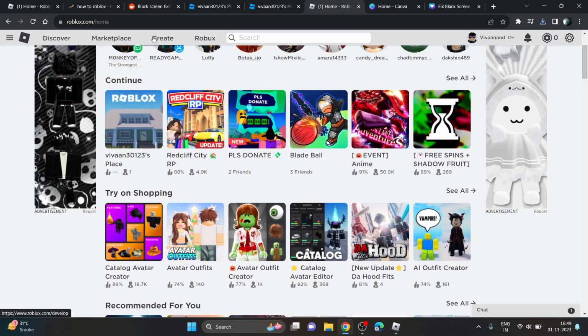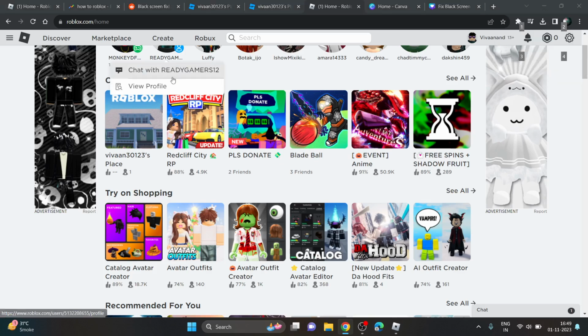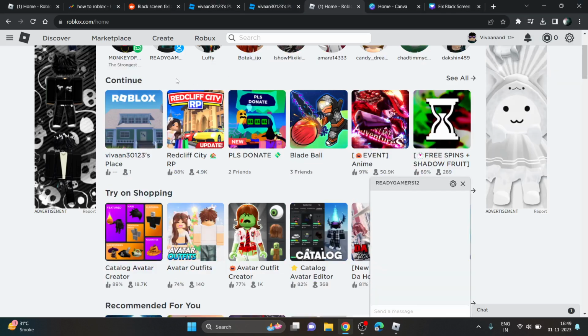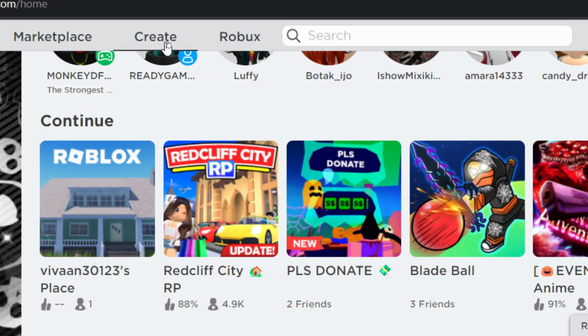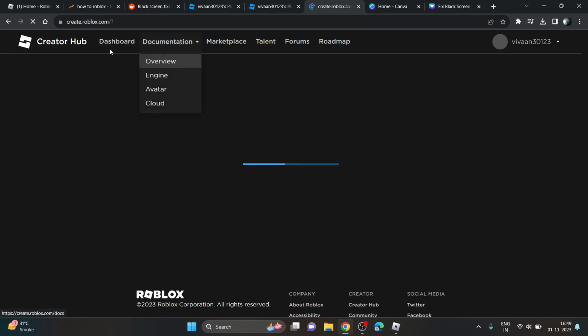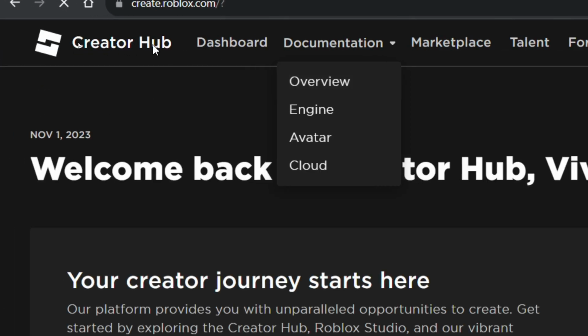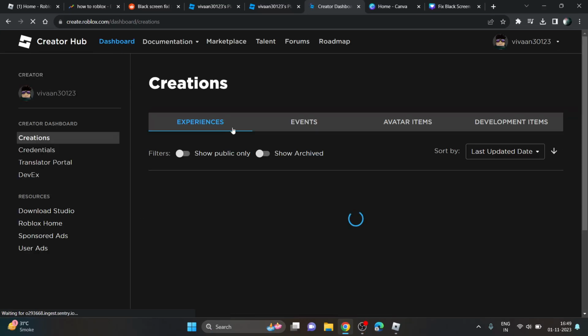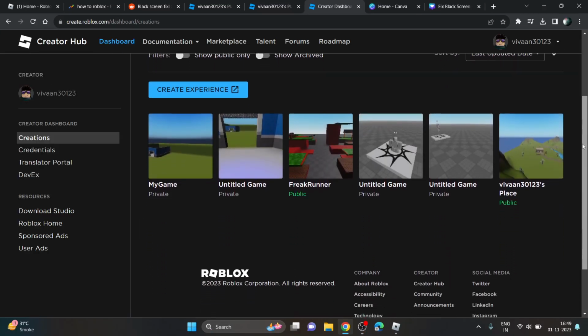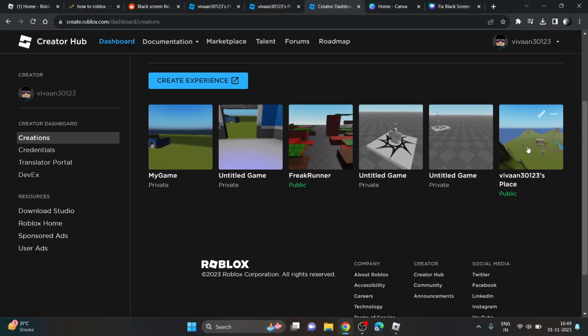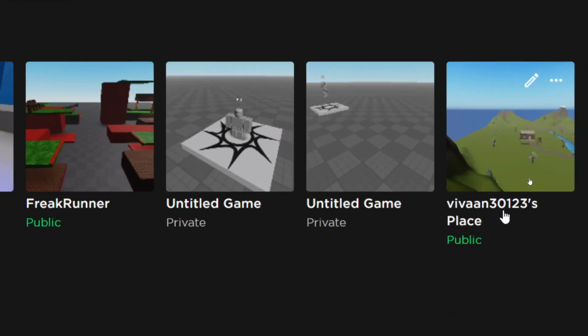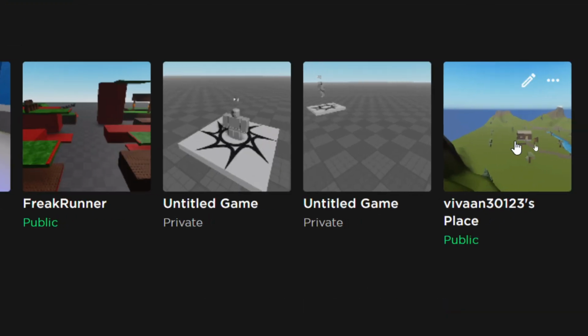So first of all, you have to click on this create tab. It will take you to the dashboard hub, and now you just need to click on dashboard. Now it will open all the experiences on your device or on your Roblox account. So just open your default experience, which is by your username. Click on it,